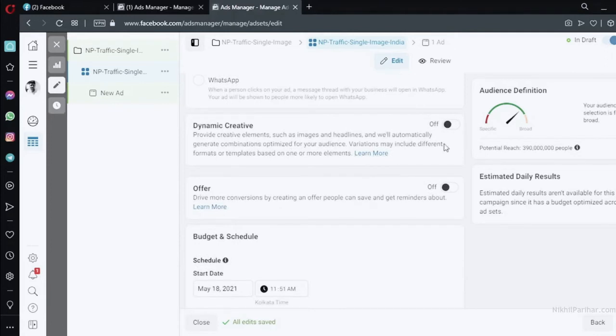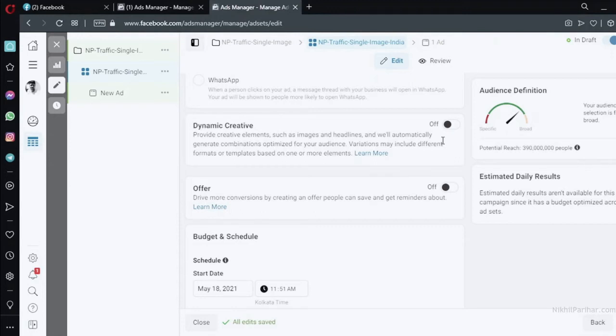Dynamic creative: you give images, you give text to Facebook, and Facebook will create ads automatically for you. So that is another option you can go ahead with if you want. That's another wonderful trick also, because Facebook has recently set a limit that from a page you can only run 250 ads.